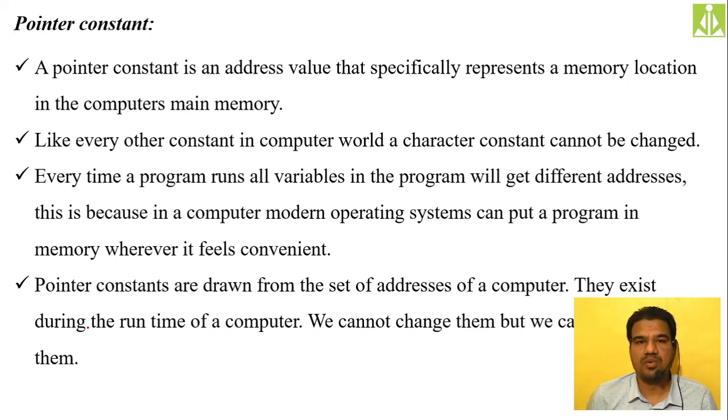We have a memory pool, free memory slots in our computer, and those free memory slots from the pool will get allocated to our variables, and those free memory slots will have unique addresses. And how long will these memory locations be linked to our variables? As long as your program is running. Once you start the execution of your program, all your variables will get memory locations, and those memory locations will have their addresses. How long will they be linked to our variables? As long as your program is under execution.